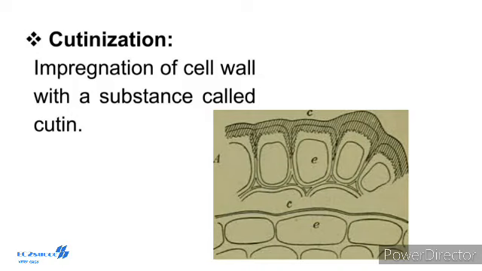The cells are transparent and devoid of chloroplast. The outer walls of the epidermal cells are thickened and cutinized. The cutin usually forms a distinct non-cellular layer on the outside called cuticle. At places the epidermis contains minute pores called stomata. Each stoma is guarded by two kidney-shaped guard cells.